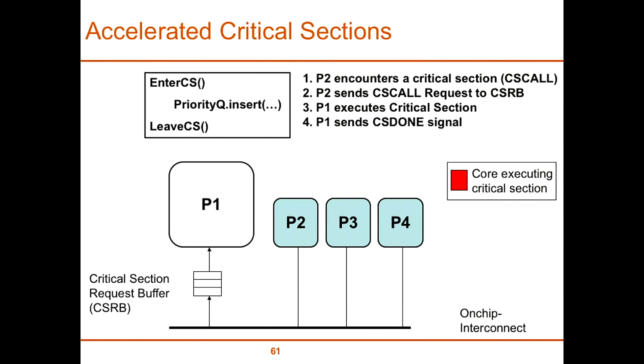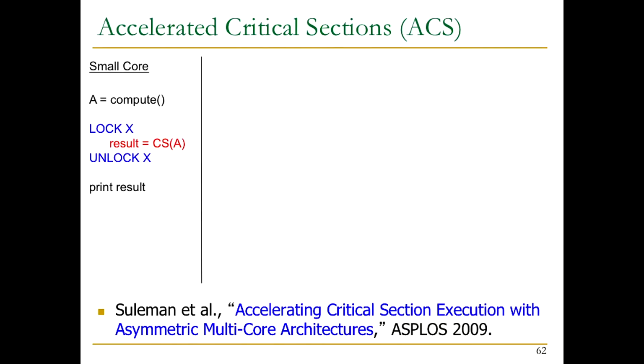Okay, so how do you make this work? So this is a small core. Let's assume that you have some computation. This is the critical section. You take a lock. You compute something in the critical section function. You unlock it, and then print the result. Now we're going to execute it cooperatively between multiple cores. The small core